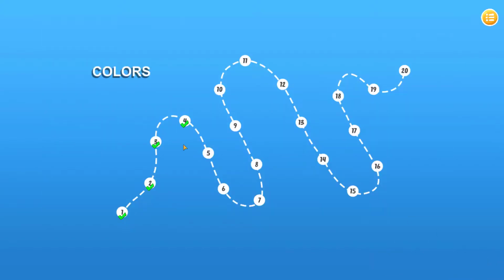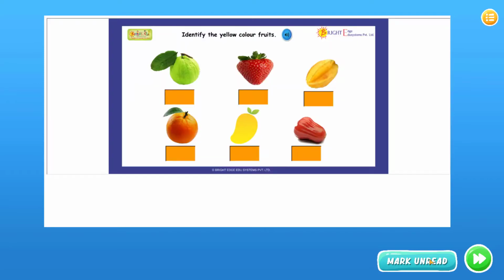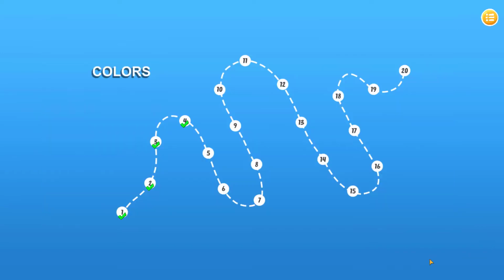So we click done here, and we're now back on the home page. Now we'll just look at the fifth activity to understand what exactly the mark unread button down there means. Right? So we'll just complete this activity and try and show you what mark unread might mean. So this is for a particular case where suppose a child got interrupted in the process of learning. There's some interruption or disruption. So then the child clicks the mark unread button, and with that button, the check mark doesn't come on this particular topic, right?